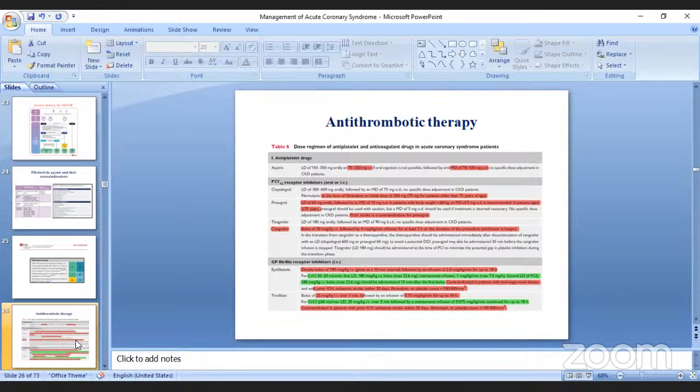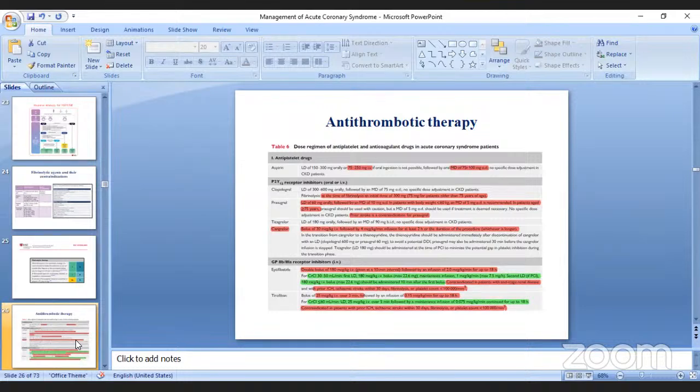Eptifibatide is given as a double bolus of 180 mcg per kg at 10-minute intervals, followed by a 2 mcg per kg per minute infusion for up to 18 hours. And tirofiban is given as 25 mcg per kg over 3 minutes, followed by 0.15 mcg per kg per minute for up to 18 hours. Both of these are not recommended